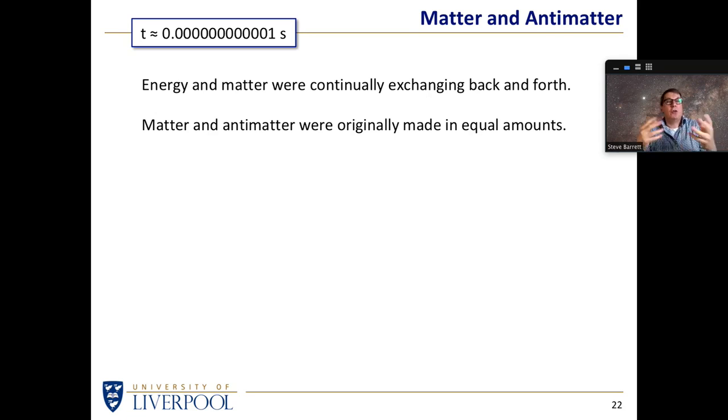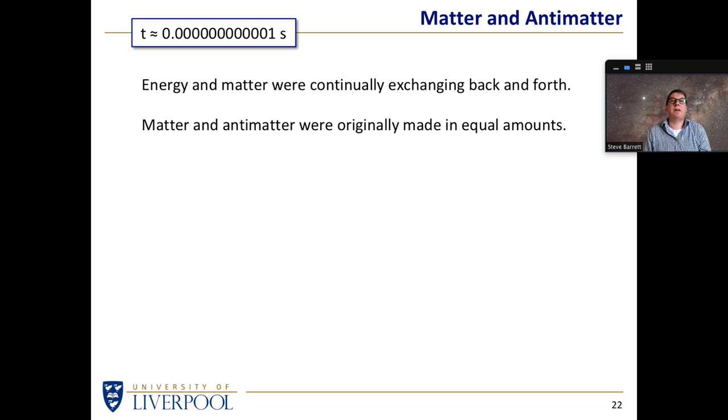For instance, your body is made up of protons and neutrons and electrons. Well, there are also opposites of those. Although there is a fundamental particle which we call an electron, and we're made up of a lot of those, there is another fundamental particle called an anti-electron. Sometimes it's called a positron. It looks exactly like an electron, except it has the opposite electrical charge. Instead of being negatively charged like an electron, it's positively charged. And every fundamental particle has this mirror image particle as well.